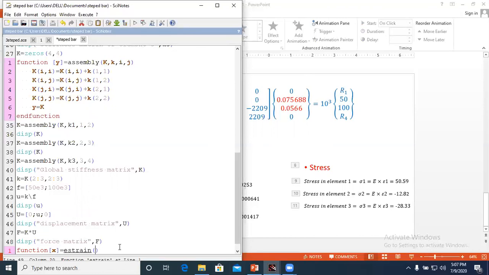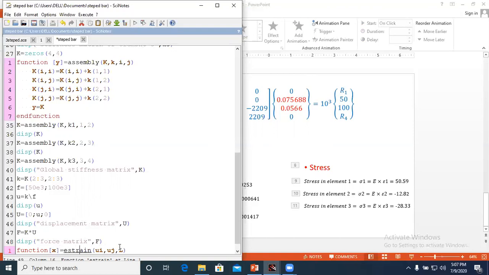What you have to transfer: ui comma uj comma L. These 3 arguments I am going to transfer.